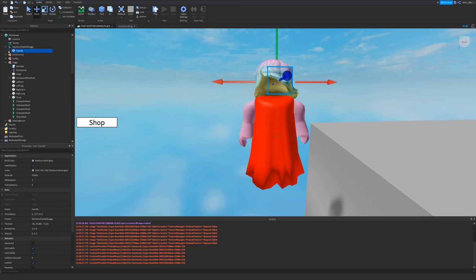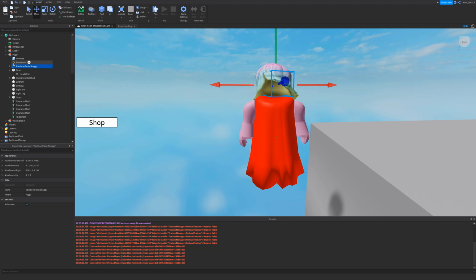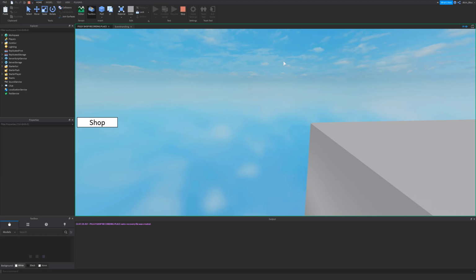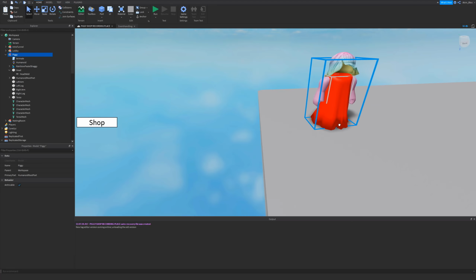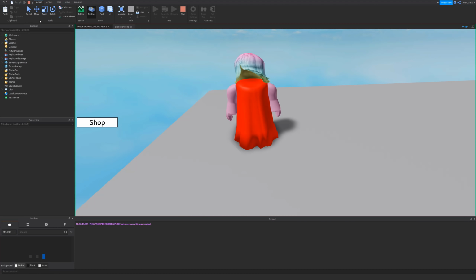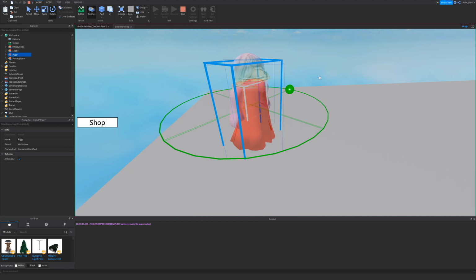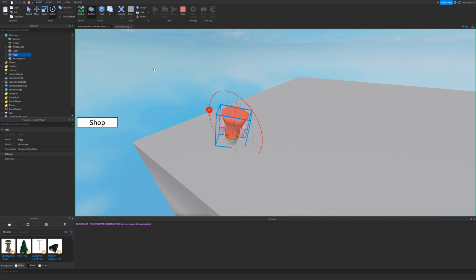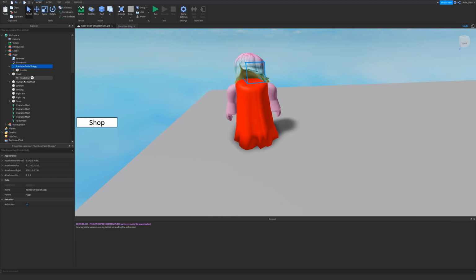Okay, you then need to put it inside of the piggy, like that. And let's see if it works. Oh, whoops, we forgot to put the piggy on here so he doesn't fall off. Okay, it seems to be working okay. Let's just rotate to make sure it doesn't fall off. Nope. So now you can see, because it's an accessory, it's stuck itself, it's kind of welded itself to the